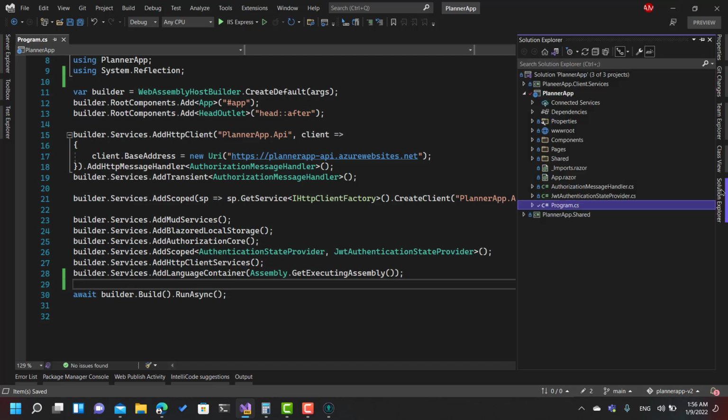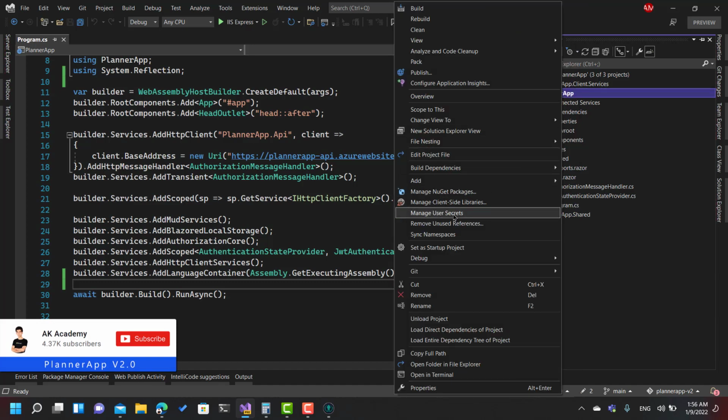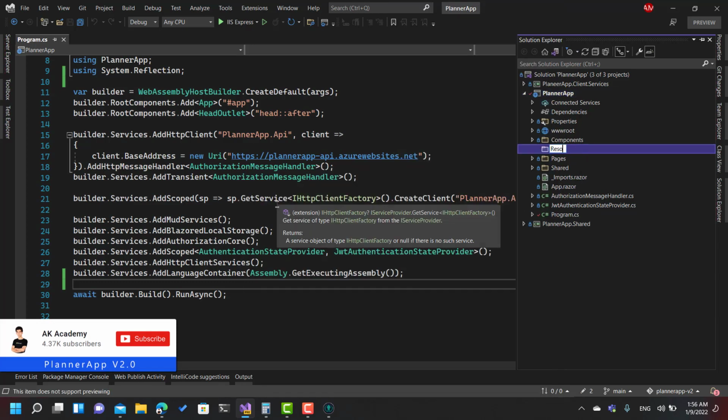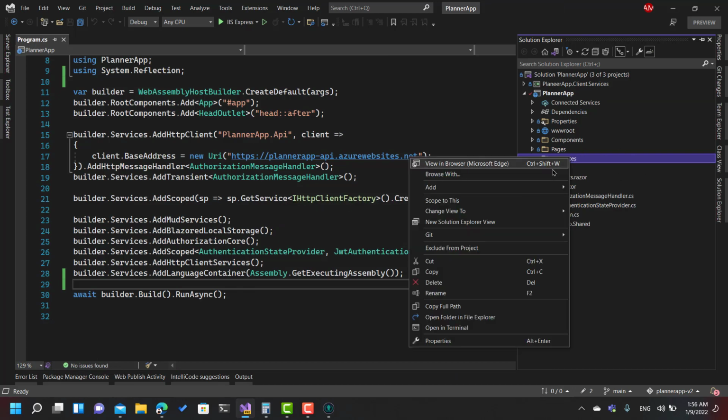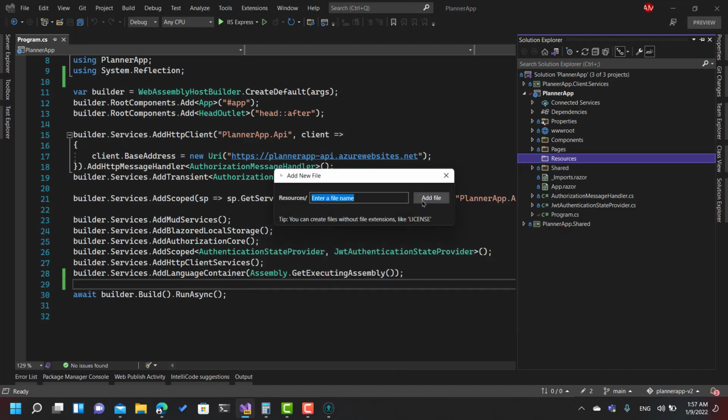And right now, actually, you are just ready to go ahead and start writing your files. So let's go and create that folder that's called resources. And right now, let's try to add a file actually, which is a YAML file. The first file that you should create is the English of the United States file, which should be like your main file, just in case you need to use the online translator. If you don't want to use the online translator, you can create any file, but you're going to use that. And actually, English is the main language for this project, so of course you're going to create an empty file